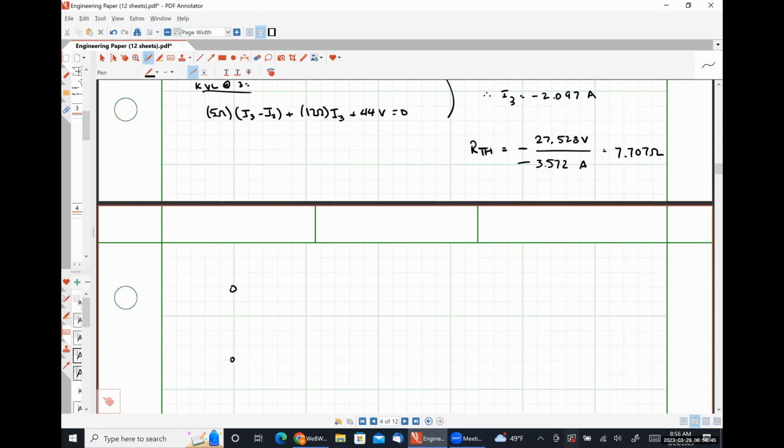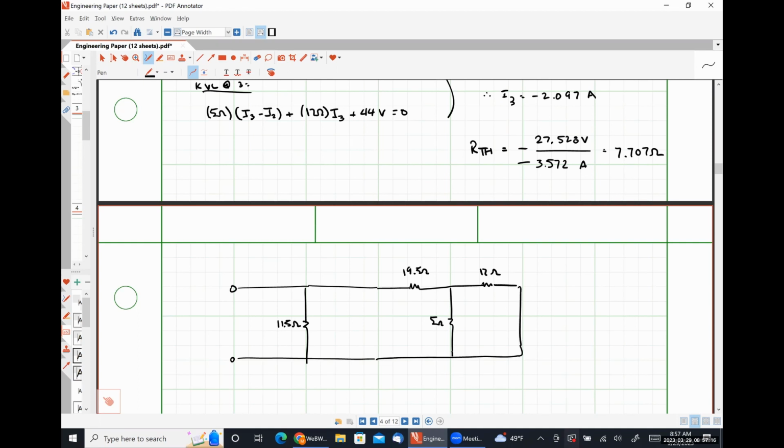So we have our open circuited terminals. 11.5 ohms here. Our current source is open circuited. I believe this is 19.5 ohms, 5 ohms, and 17 ohms. If I have the wrong resistor value anywhere, please let me know, but I think I remembered it all correctly. So this looks like